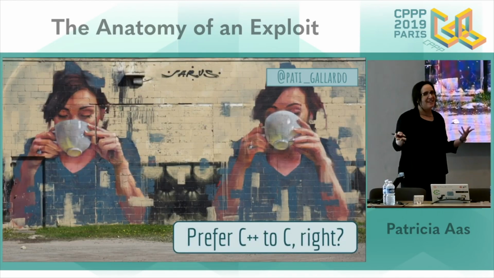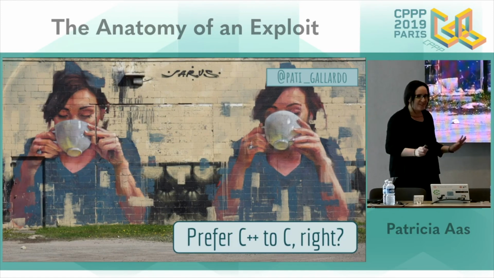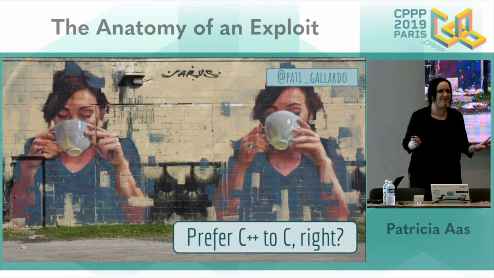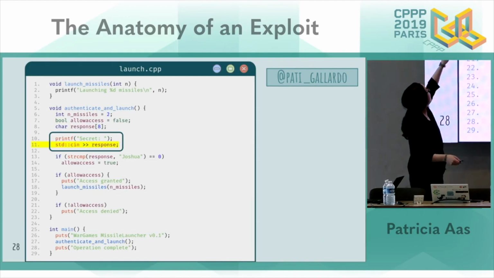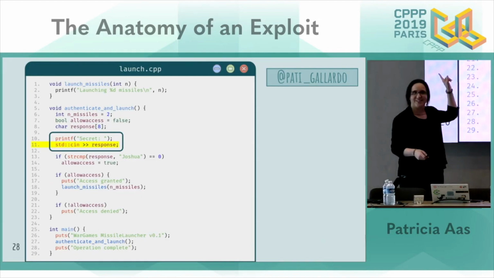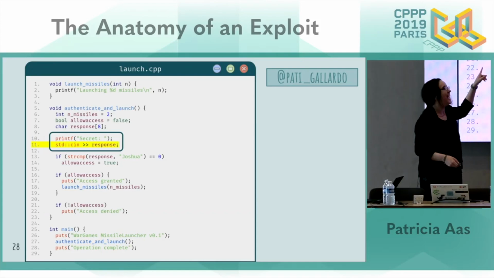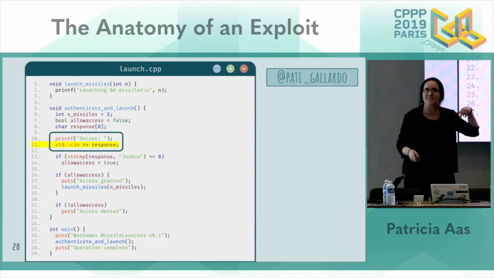But then I keep on saying to people, prefer C++ to C, so let's do this in C++ instead. And of course, how you do that is you change that one line, number 11, to cin. And then you just change it to a .cpp, and then it's C++, right? That's how we do this.